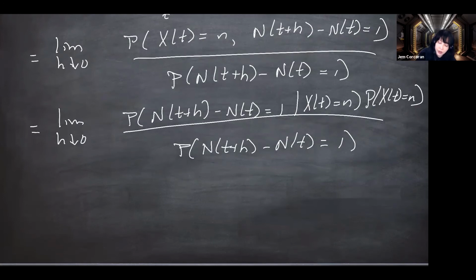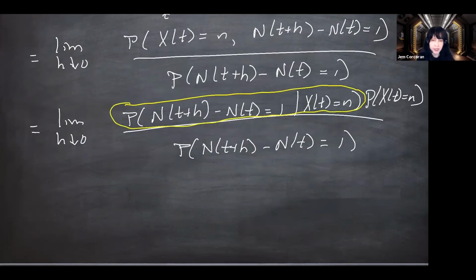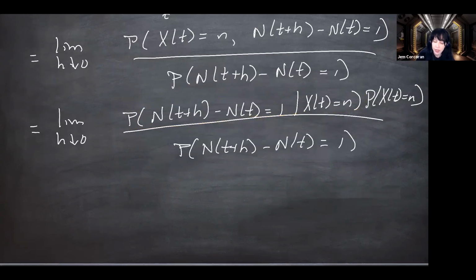So here's where the Poisson process being independent of the current state of the system comes in. There's just a Poisson arrival process, and they're not making judgments based on the system about whether or not they're going to arrive. What's going on here does not depend on the current number of people in the system. So what I'm trying to say is that this is exactly the same thing as the limit as h goes down to 0 of the probability. I get to drop this, is what I'm trying to say.